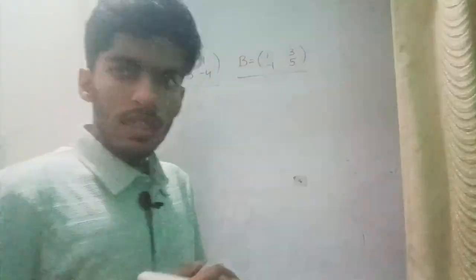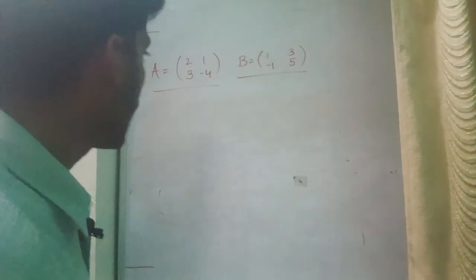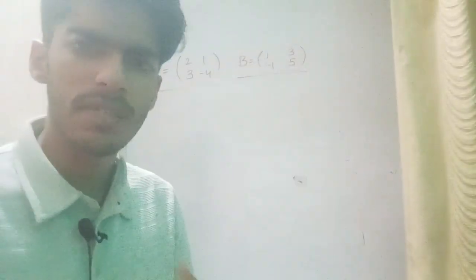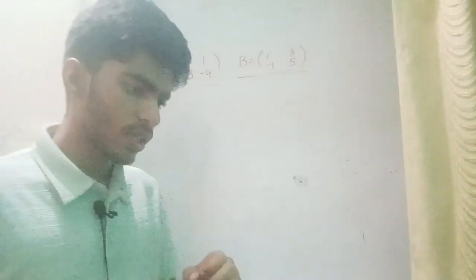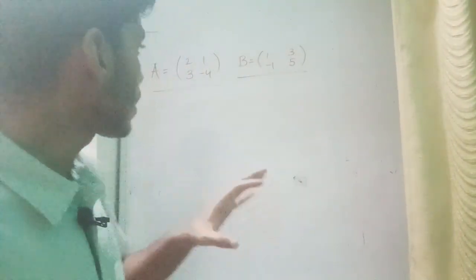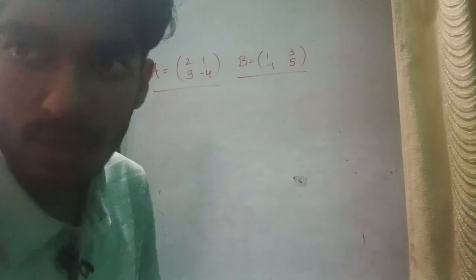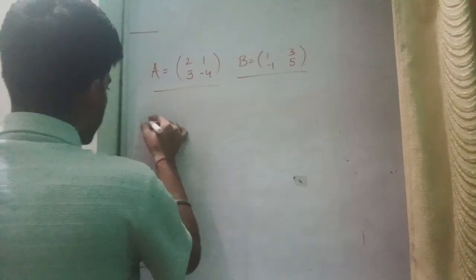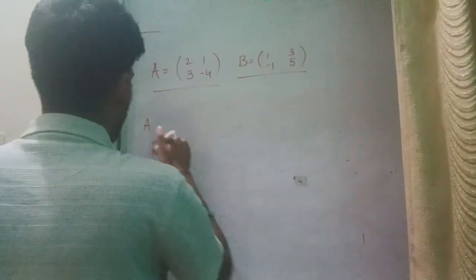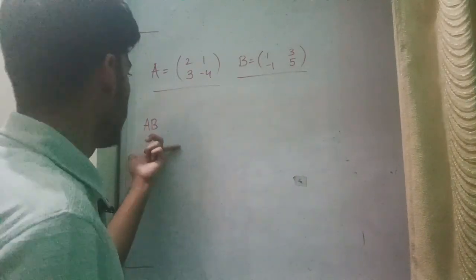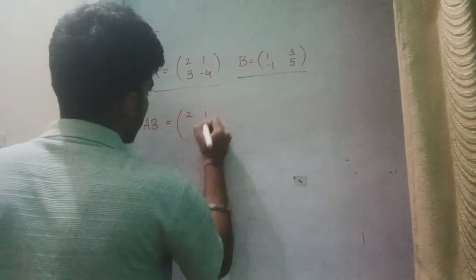So let me show you first with an example how we do matrix multiplication, and then I will give you a generalized statement, not an exact definition, but a statement that clearly captures the idea of what matrix multiplication is, right? So when we say two matrices are being multiplied, let's say A is being multiplied with B. I write it as A times B, and we can write it like this